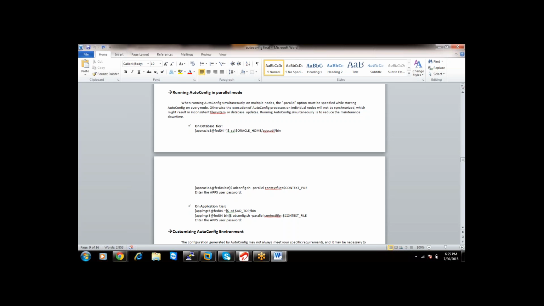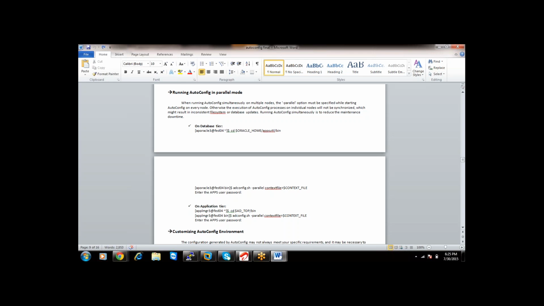The last one should be your Apache and Forms node because autoconfig is going to update a profile option related to the front end URL. If you run Apache Forms first and then run concurrent manager next, it is going to update the concurrent manager node information in that particular profile option. So first you run autoconfig in the concurrent manager node, and then in the Apache Forms node, so that the URL value related to Apache Forms will override the existing value.